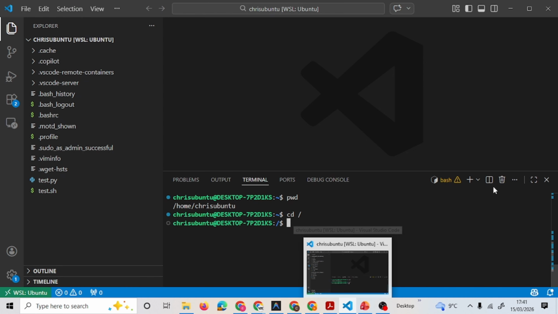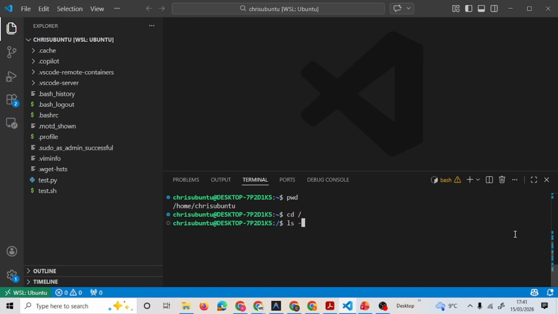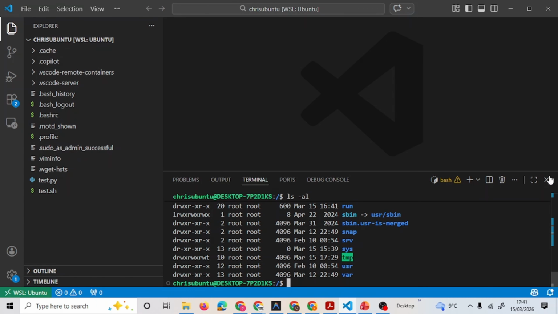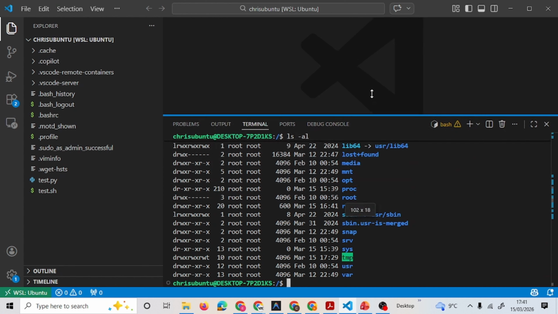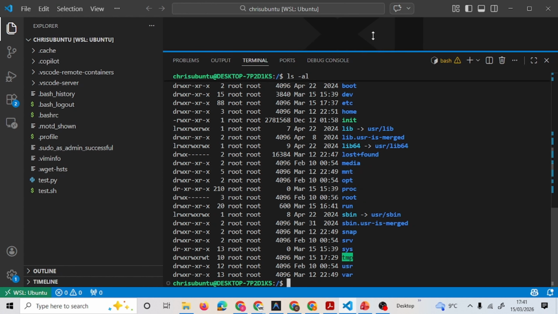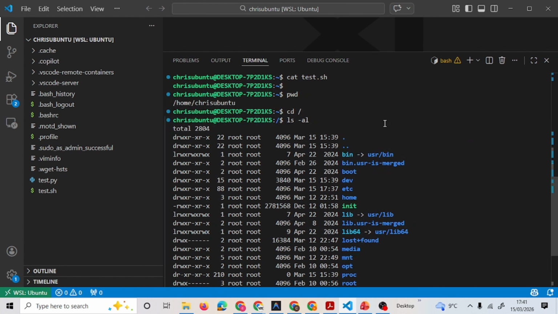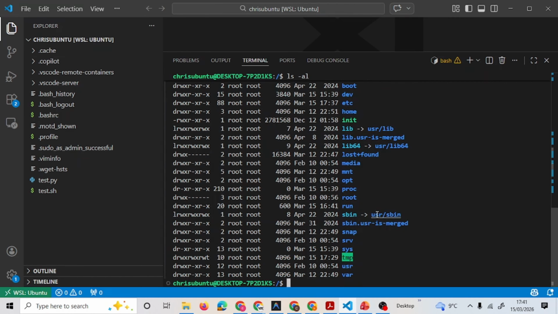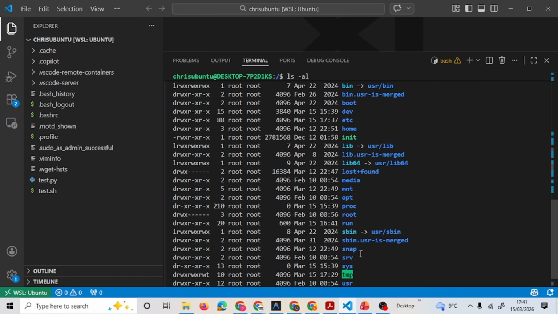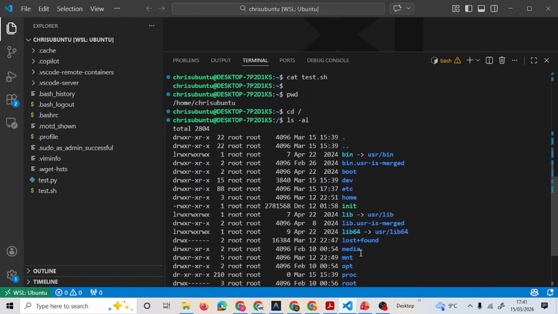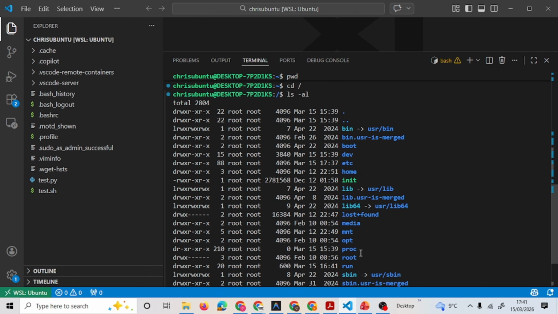If I run an ls minus al, can you see various folders, right? And these folders,